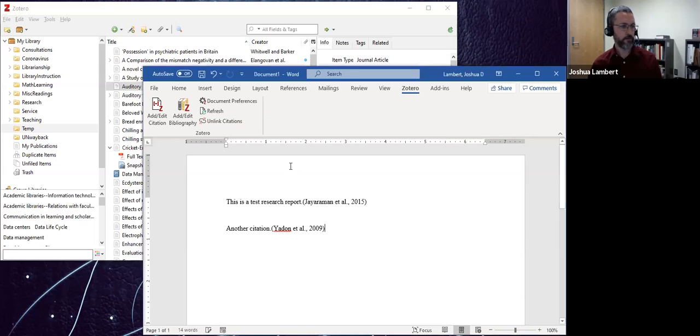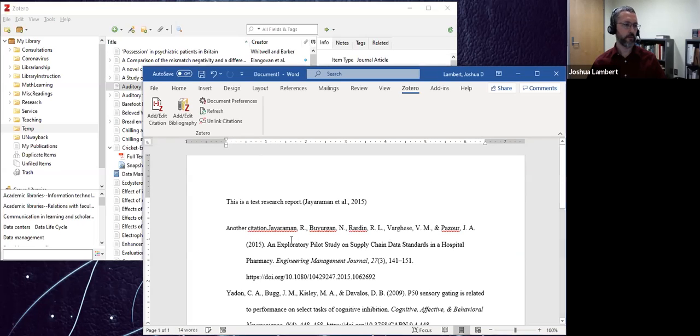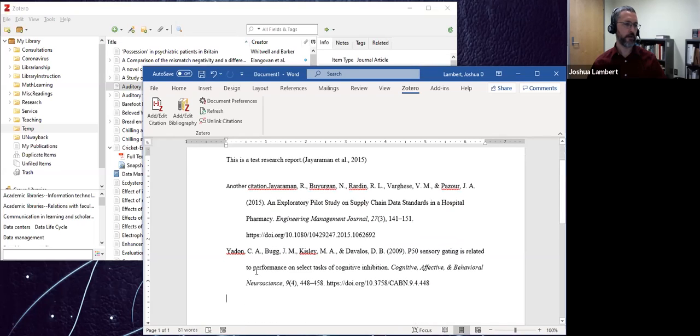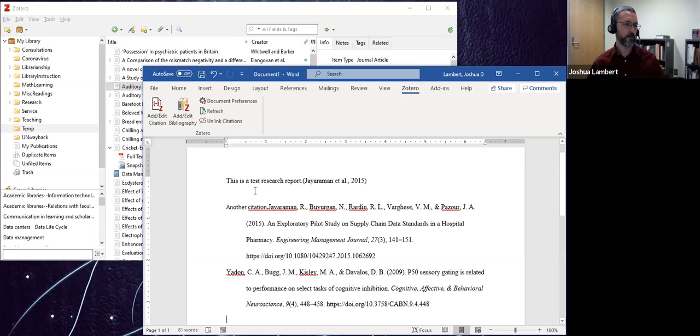Okay, let's add another one. But why would you do that with in-text citations? Well, here's the reason. Then I add or edit a bibliography and hit OK. And it will create at the bottom of your document, because this document,